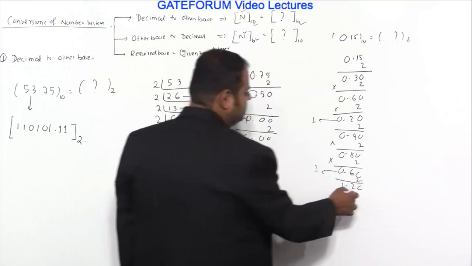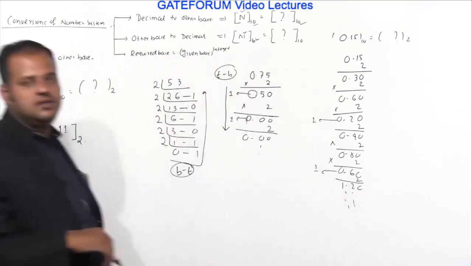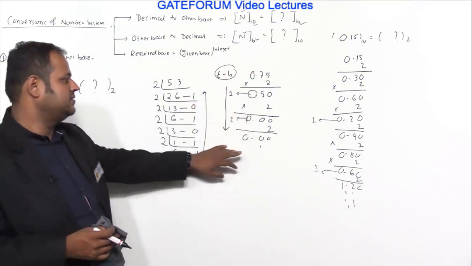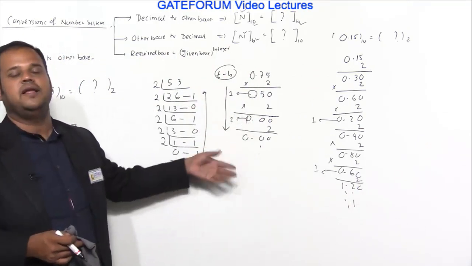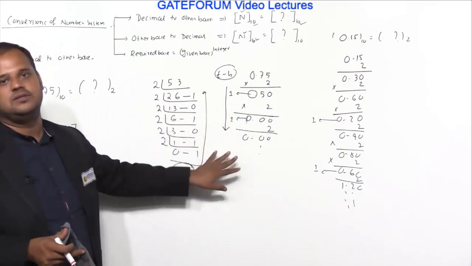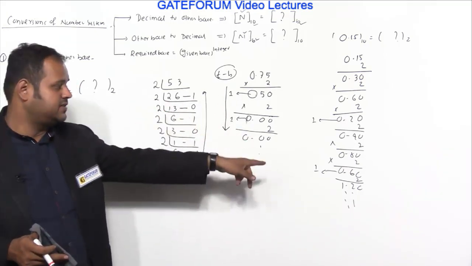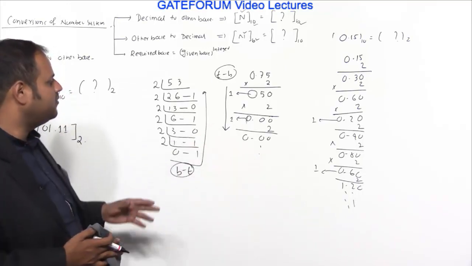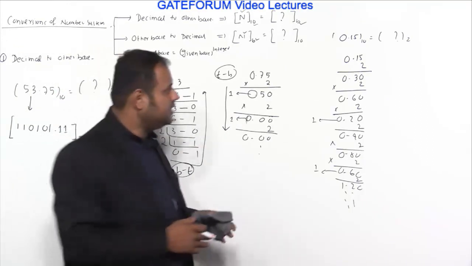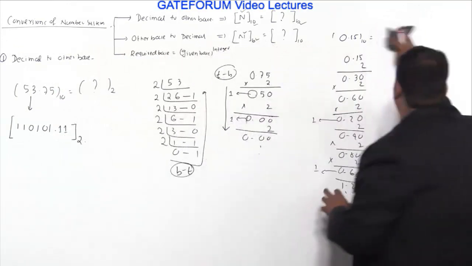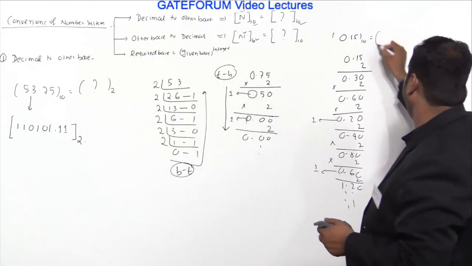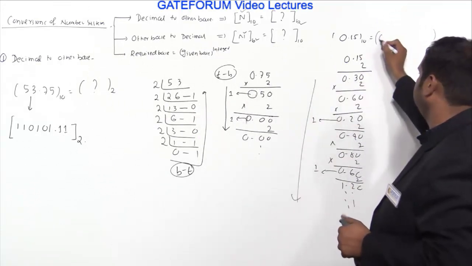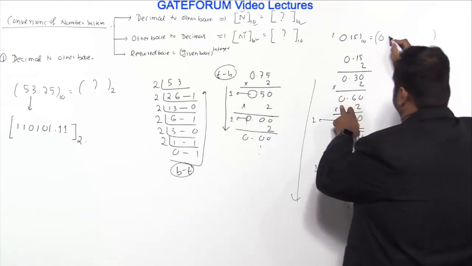And it seems this is a non-ending series. Why am I saying non-ending? Because in the earlier case, after a couple of multiplications, I got 0.00. If I multiply that by 2 again and again, it will be only 0.00. It won't change. But in this case, if I keep on multiplying by 2, I am not able to get 0.00. Now if somebody asks me to write the binary equivalent of this decimal number, again you have to go from top to bottom. If I go like this, you just take out all these numbers.